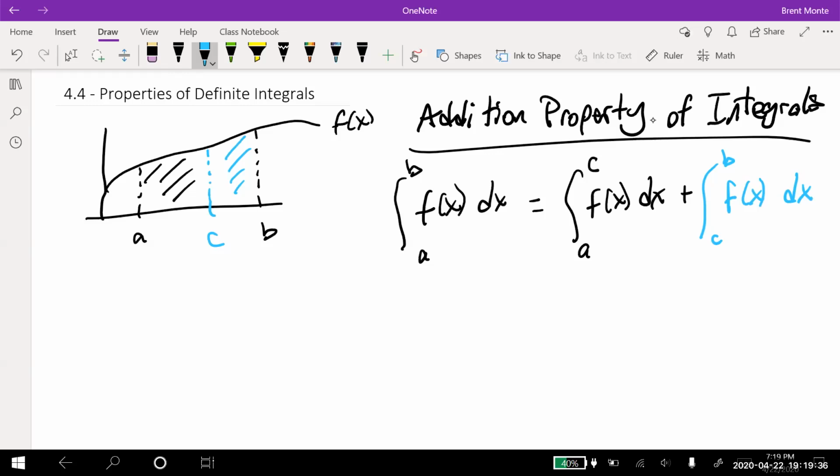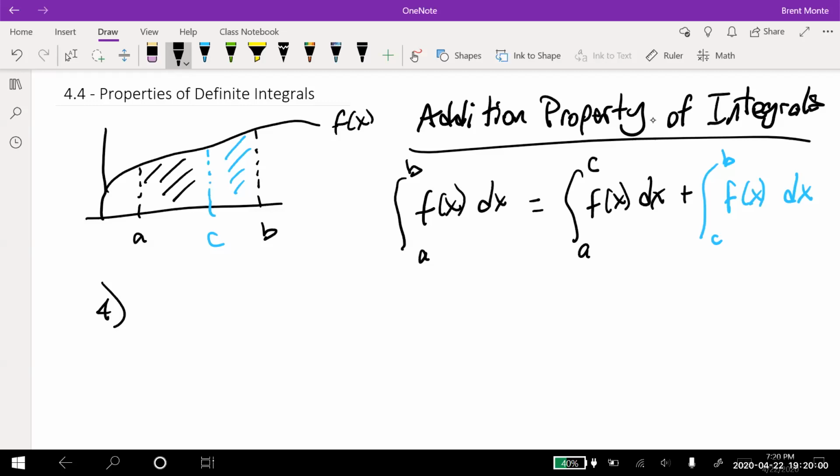It looks kind of weird because we're not in alphabetical order now, but if c is any value between a and b and f of x is a continuous function, this property always holds. And so we're going to talk about some times where we would want to see this, where we're going to use this. All right, so I'm going to just jump right into a problem. This is problem 4 out of the book. And what they do,